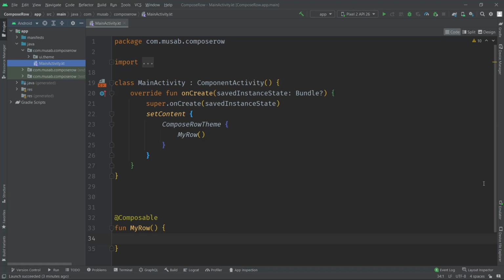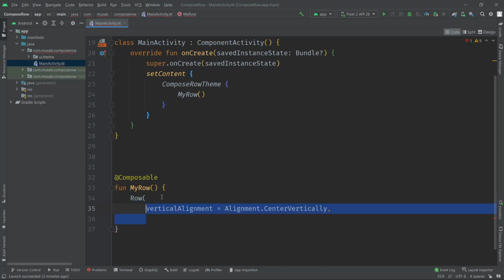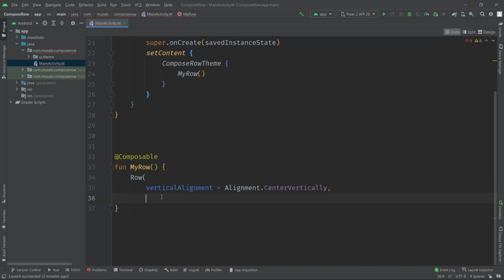So I have this empty compose project. I have my row composable right here. And as you can see, it is just an empty function. So we will start by creating a row composable. And this row composable first takes the vertical alignment, and we will set the vertical alignment